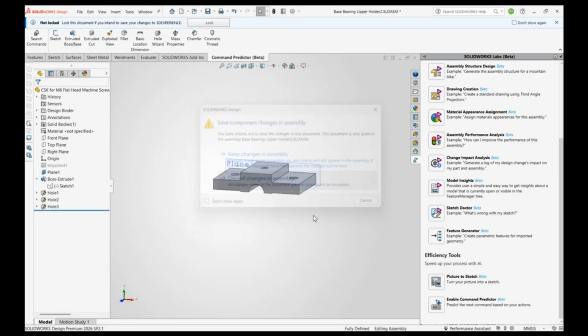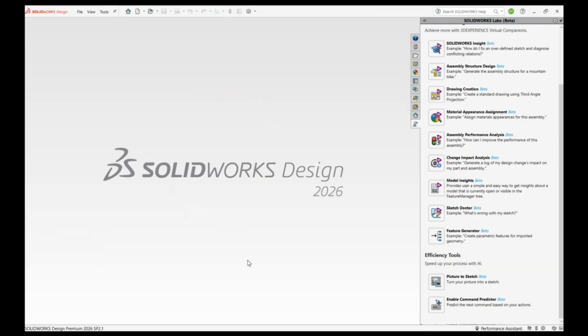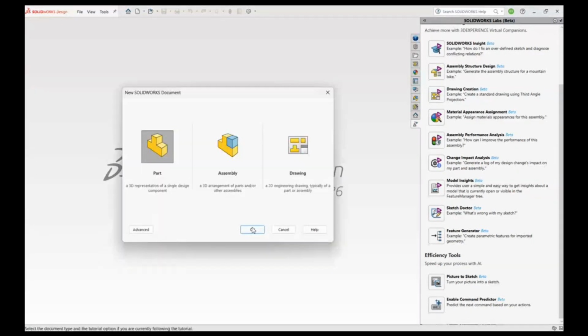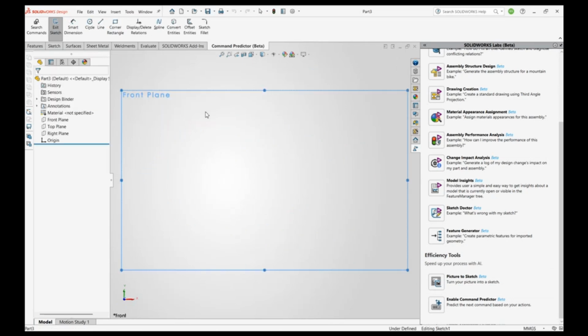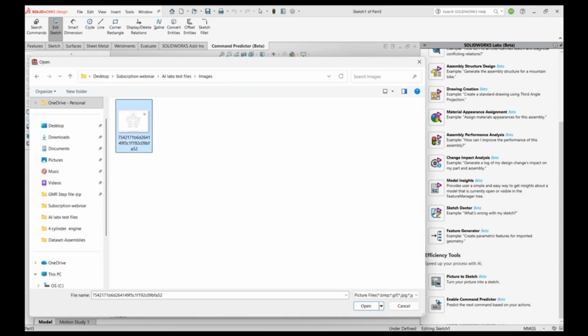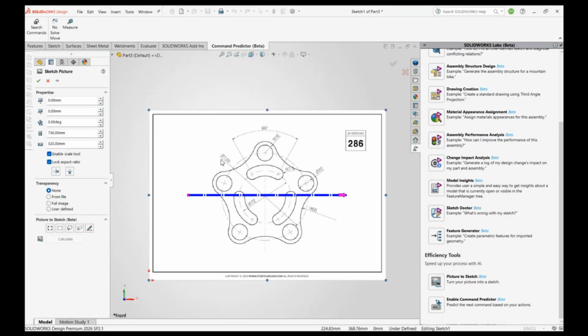So let us see one more option over here, converting a picture to a sketch. Generally, if I have a 2D image and want to convert it into 2D geometry, from image to geometry, we don't have an option. But from these AI labs, I can select any image. So I can select this image. Here I want to convert all the edges over here. So we have to identify and select, just a minute.